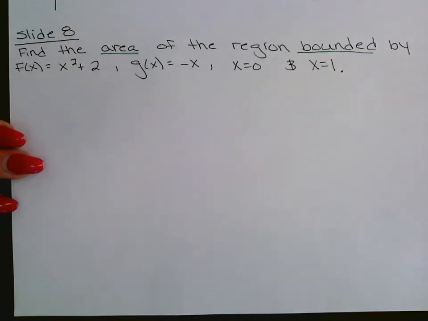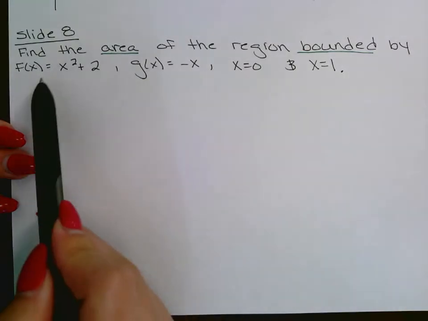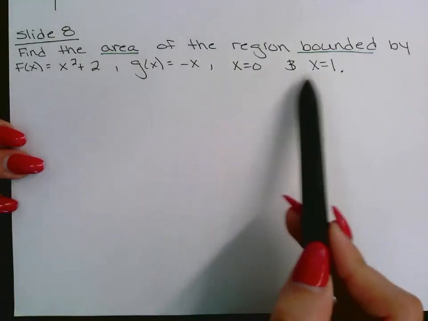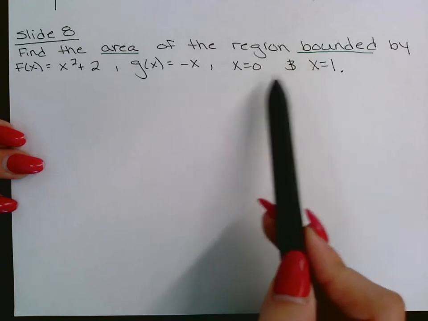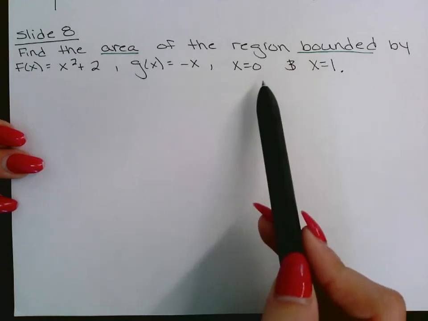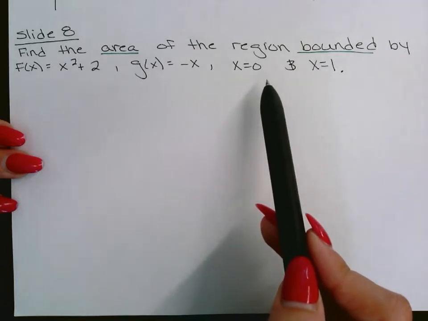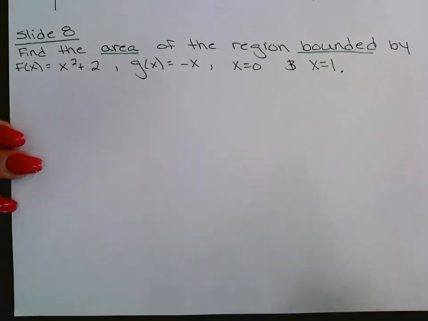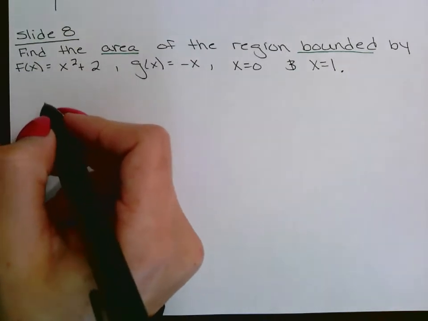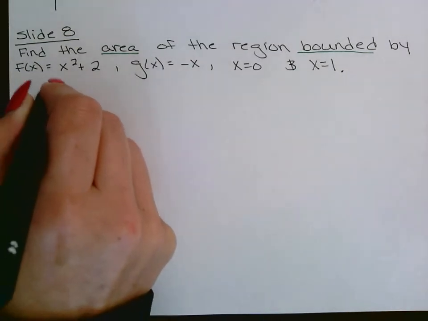Now, they give me that it's bounded by f of x, g of x, and they give me the two x points. This here is your A and B. You'll see it a little better when you draw it, but this is considered a super level easy because you don't even have to take that step of solving for A and B. So if I check out my graph,